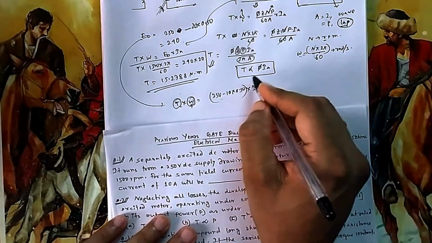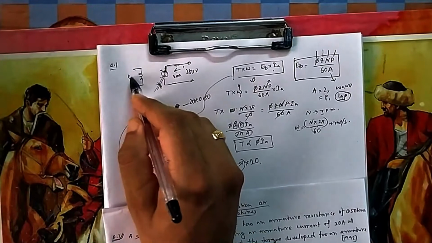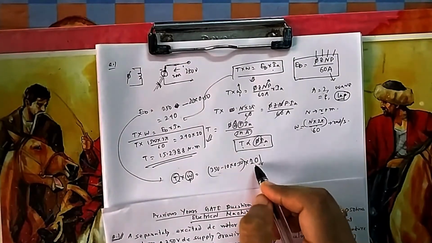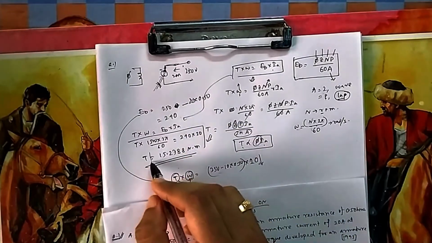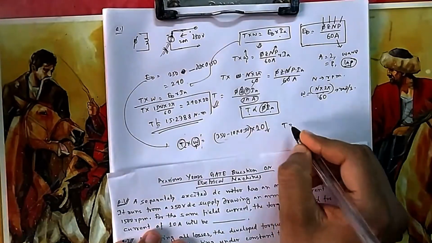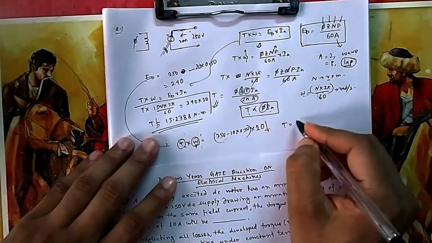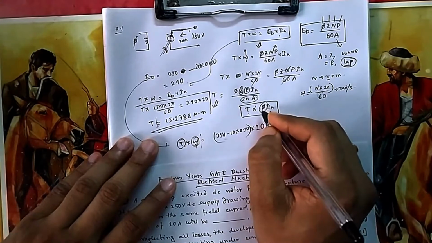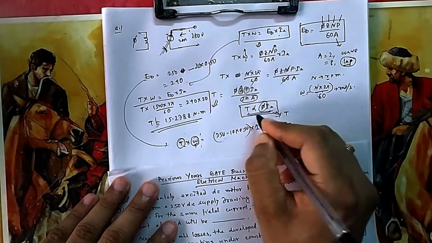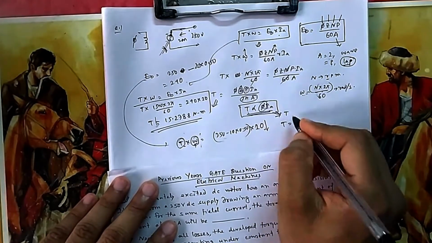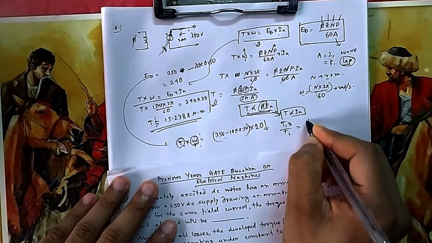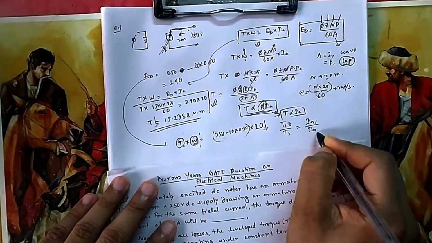So what is the idea? The idea is, because it is separately excited, phi is fixed, so torque is directly proportional to Ia. You are reducing this current to 10, so obviously your torque will reduce and speed will increase. So how much will the torque be now? Because it is directly proportional to Ia. In different types of motor this relation will be different. For a separately excited motor, because you are fixing phi externally, it becomes constant, so T is directly proportional to Ia. So T1 by T2 is equal to I1 by I2, a one-to-one relation.